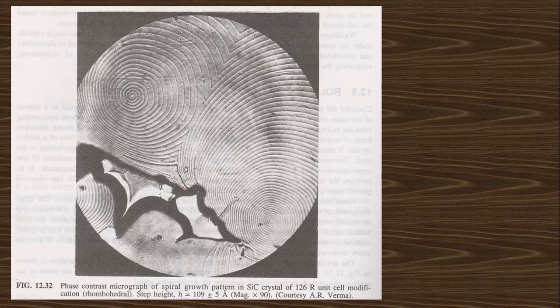You can see this is the phase contrast microscope image of the spiral growth pattern of silicon carbide. This is a growth pattern. This is the crystal, this is the spiral growth pattern, this is the plane of the crystal. That means the atoms are arranged like that. This is a crystal structure, but this structure is like that. This is another, so this is one grain, this is another grain,